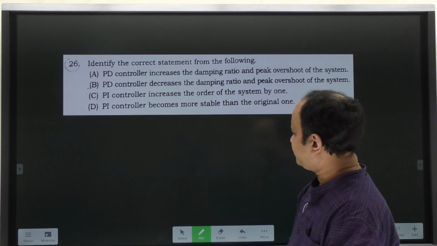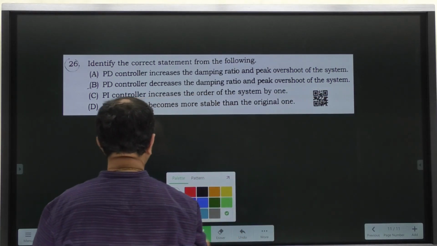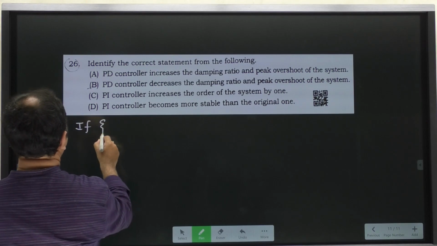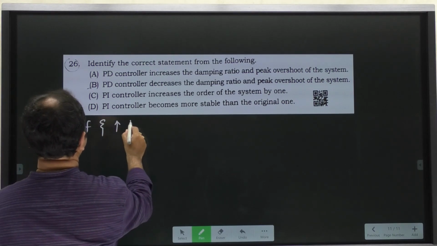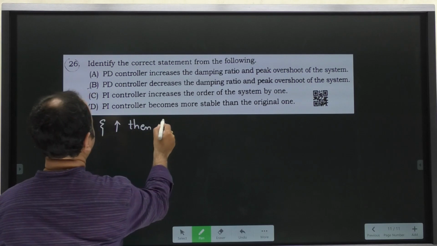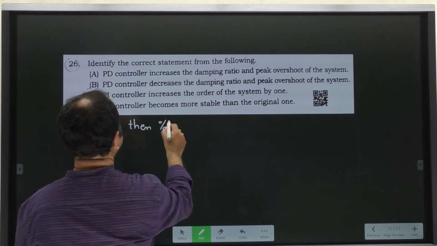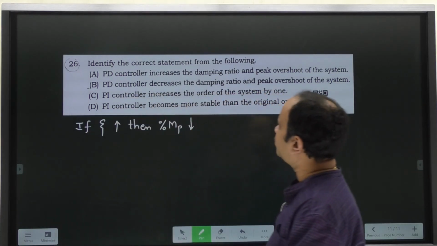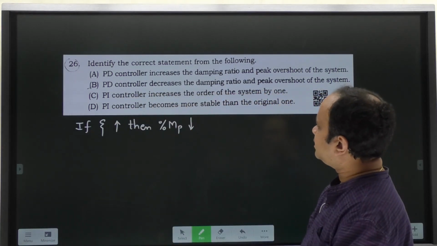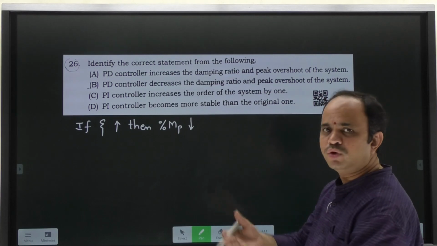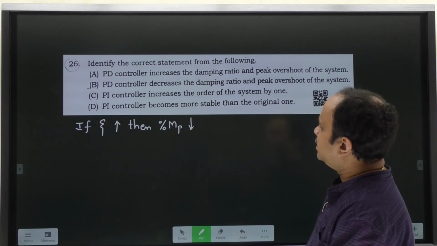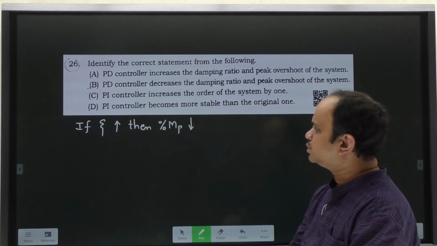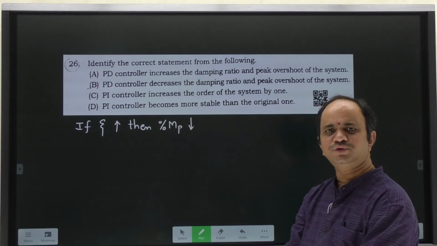That means if damping ratio increases, then percentage of overshoot decreases. Therefore, the statement that PD controller increases both is not true. And the second statement, that PD controller decreases both, because both are inversely related terms,